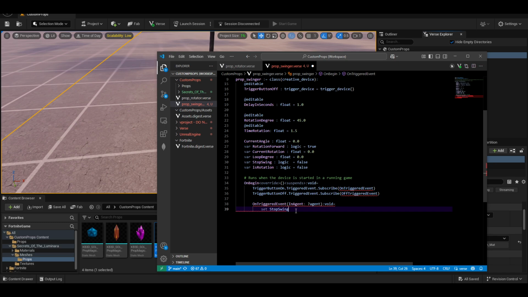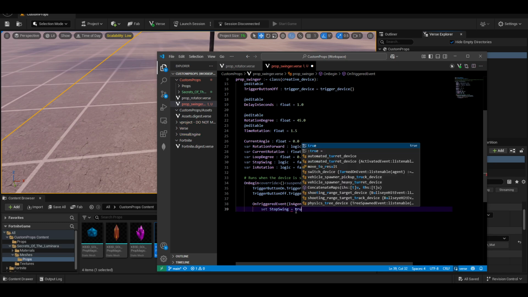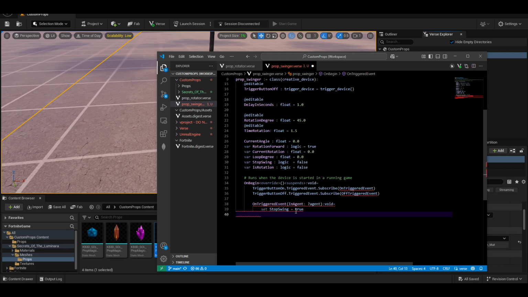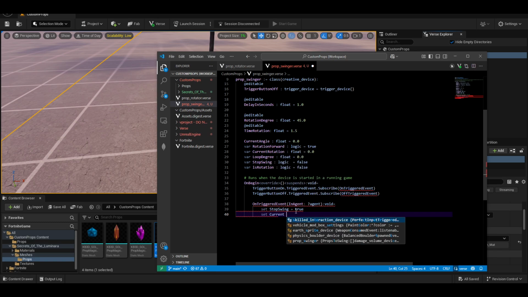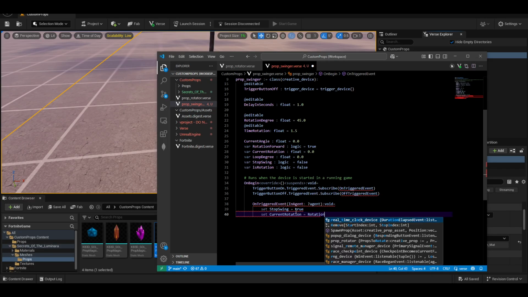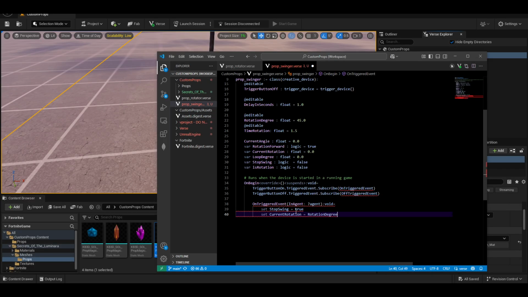Stop swing equals true, because it's swing. It could be current rotation plus rotation degree. The rotation degree is 45. Then set